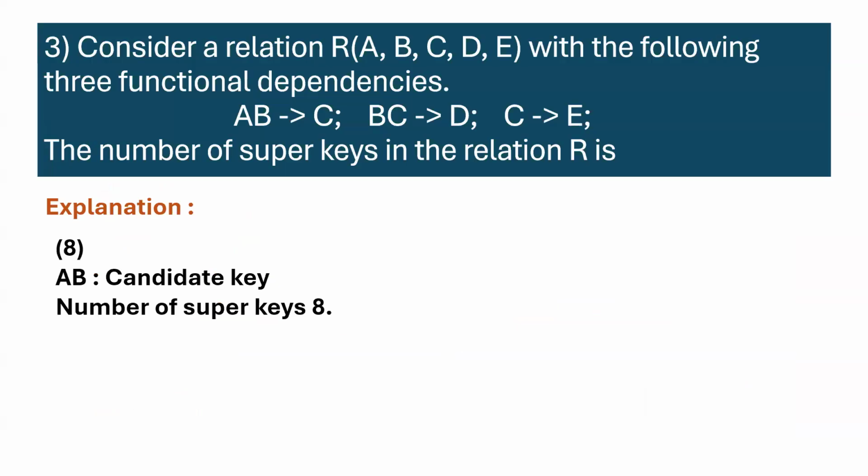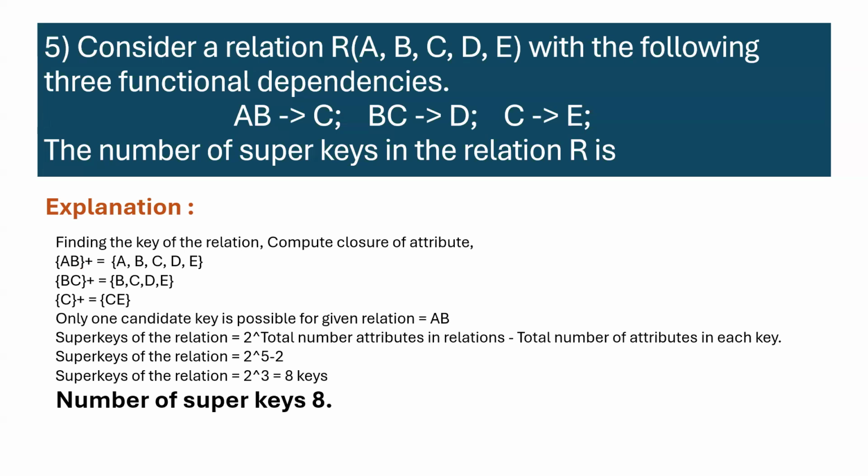Consider a relation of A, B, C, D, E with the following three functional dependencies: AB implies C, DC implies D, C implies E. The number of superkeys in this relation is, so here the number of superkeys will be 8. When we are finding the superkeys of the relation,